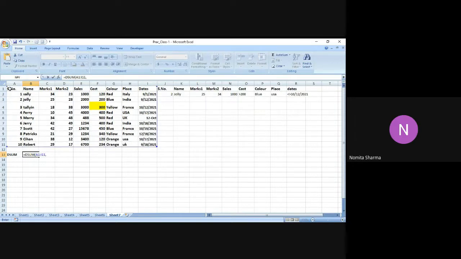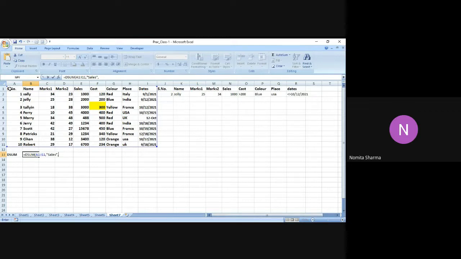I give a comma, and then I mention the field which I have to use for summing up the values. I have to be very careful about the field which I'm mentioning from the database and the field which I mention in the criteria. If there is a mismatch in the field that you're referring to in the criteria, and it is not matching with the database, then it will give you an error, as it was happening in the first case.